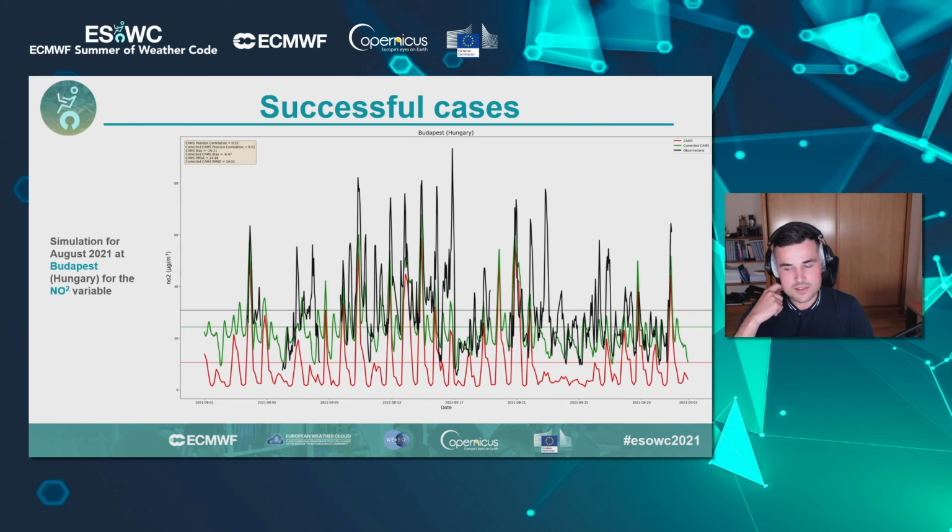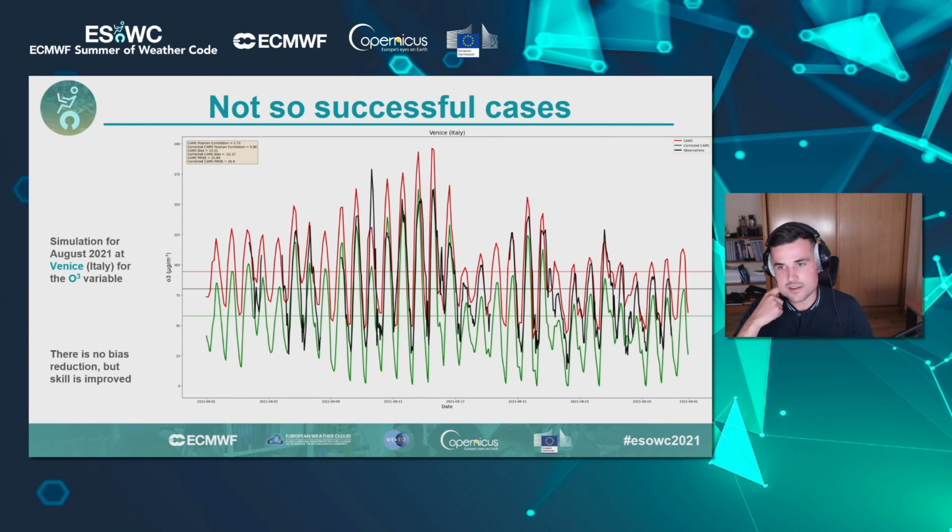Going to the next slide, we can check a case in which we don't correct the bias, but we increase the correlation. As we mentioned, the O3 variable is strongly correlated to the radiation and to the local time hour. This is why we get the diurnal cycle very well in this image. The correlation for this data goes from 0.79 to 0.86, even though the bias is not corrected. And I leave the floor to Mario in order to explain the conclusions.